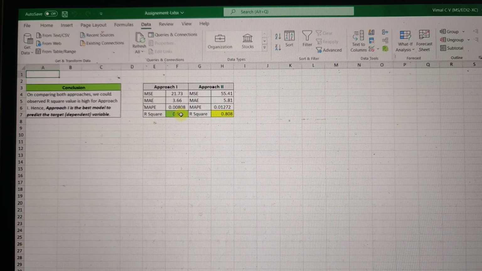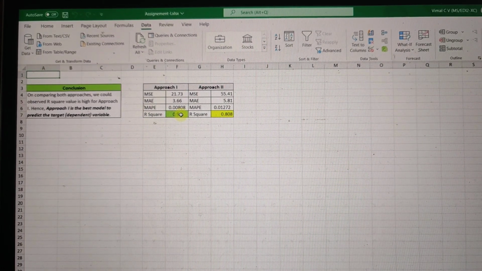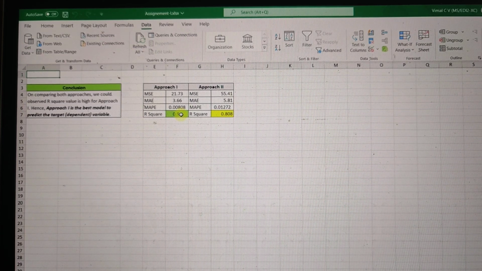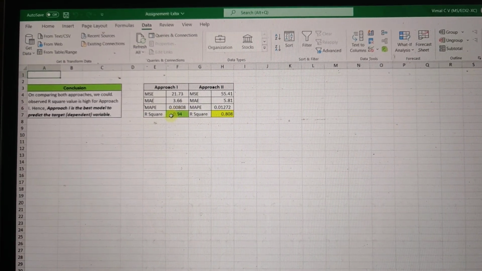Finally, to conclude on a model, we should consider the R square value. The general assumption is it should be close to 1.0. So if we see both approaches, the R square for approach 1 is almost 0.94, which